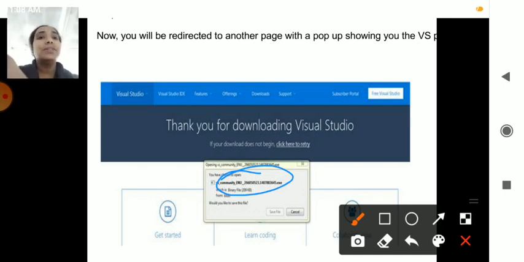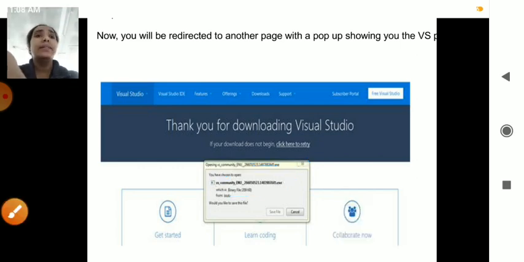It takes time. Since Visual Studio has many frameworks and many software components, it takes time to install within the system. Maybe 15 minutes or half an hour it may take to install the software. Nowadays it is nearly 15 minutes for it to get installed into your system. It runs with a setup file and you have to click that setup file and say setup. This is the second step.